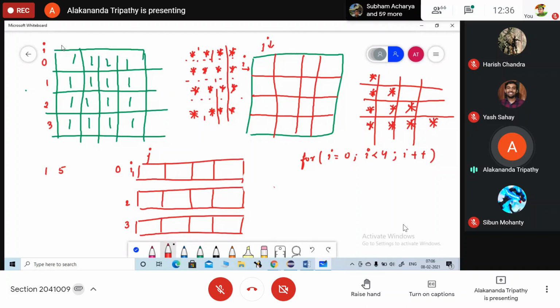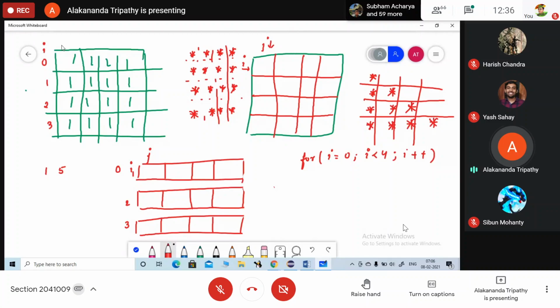So when I equals 0, control will come to this line. Now J will be 0. J is 0, so which location? 0, 0 means this position. Then I is 0. What will be the value of J? 1. 0, 1. Then I equals to 0, I'll write here. I equals to 0, J equals to 2. Then which location? 0, 2. Then this one is your 0, 3. Are you getting my point?